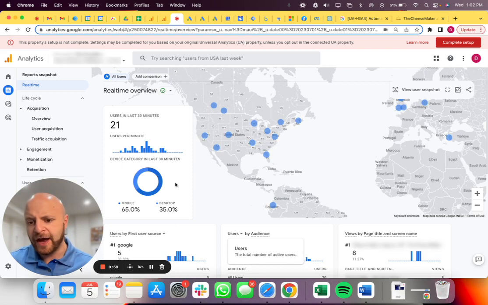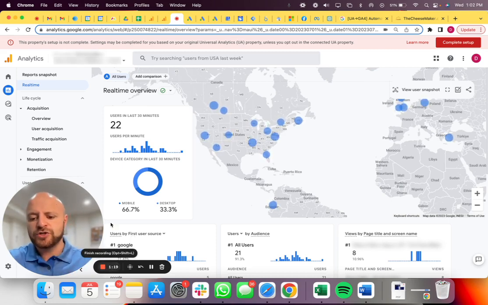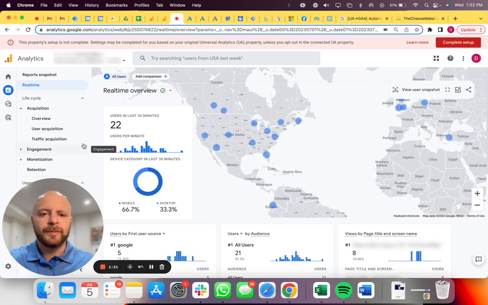Again, this is real time. I could see that there are real people coming to the site. This is something we have to look into. I've always been questioning, is GA4 reporting everything appropriately? I've seen a lot of weird things happen with Google all over its properties in the last 2 to 3 months as we've been anticipating this move to GA4. So one of the first questions is, how do we determine the relevancy of GA4? How do we know it's tracking the right things? How do we know we can trust it?